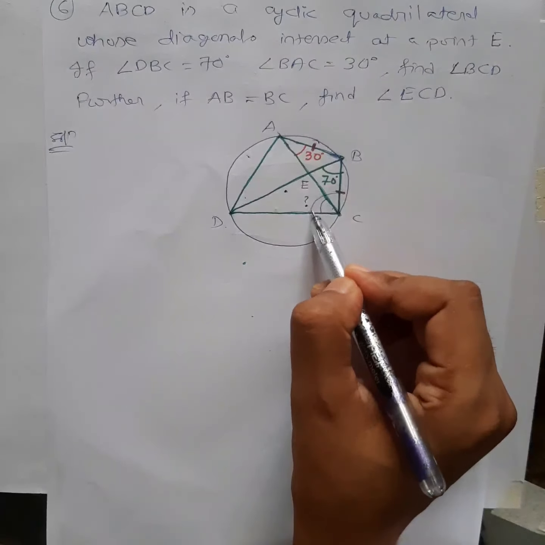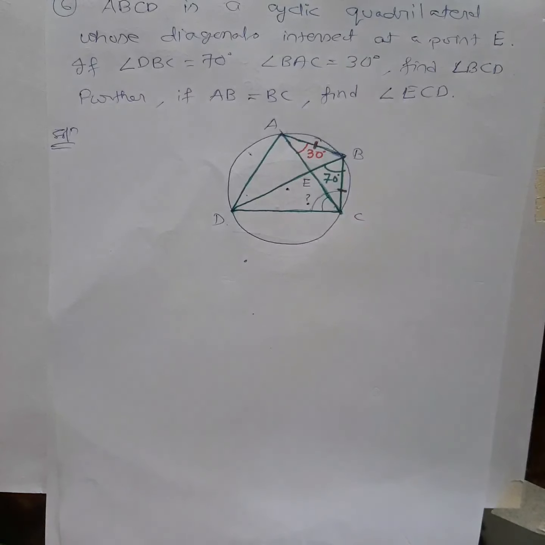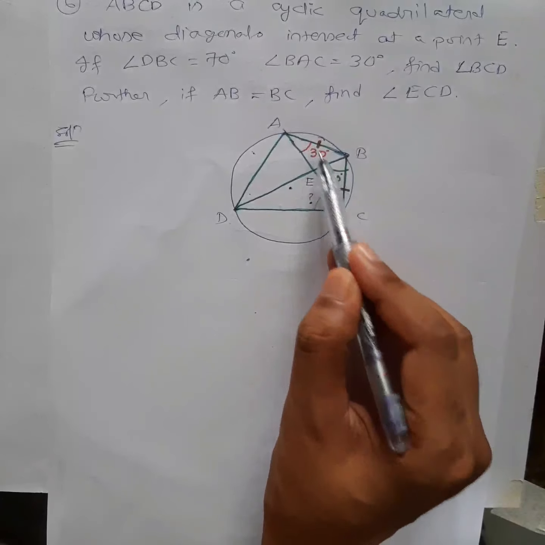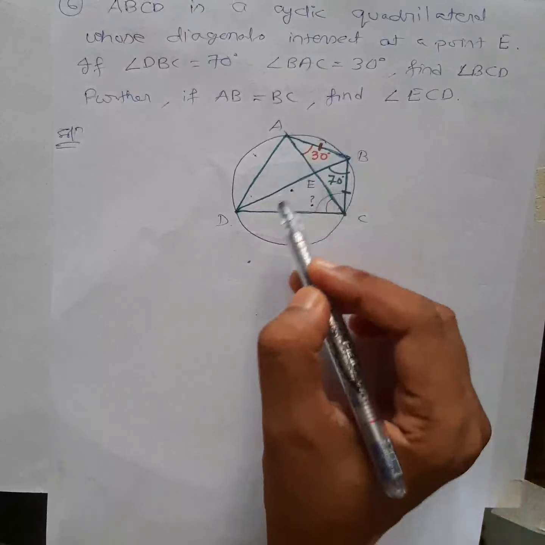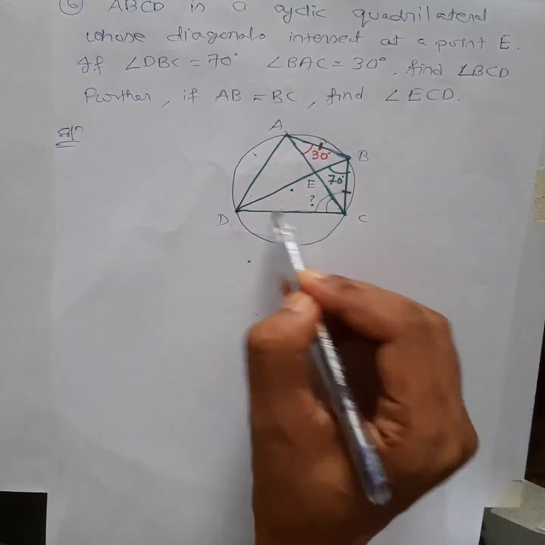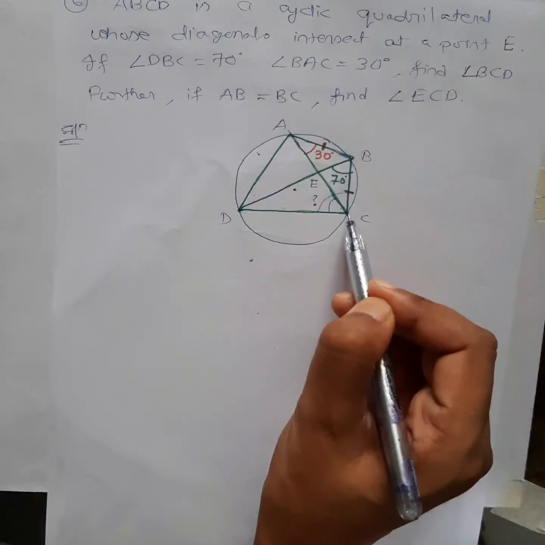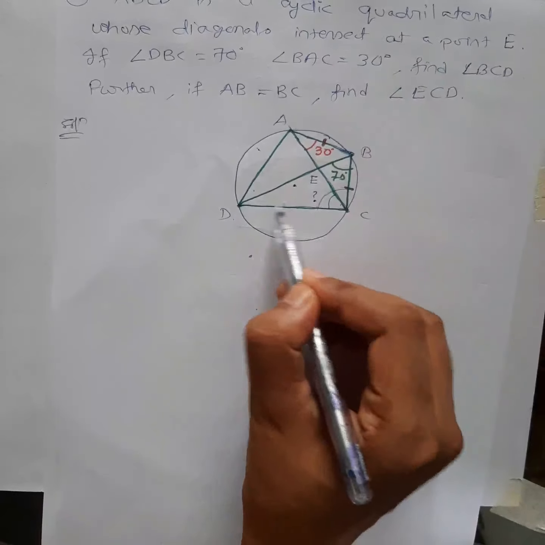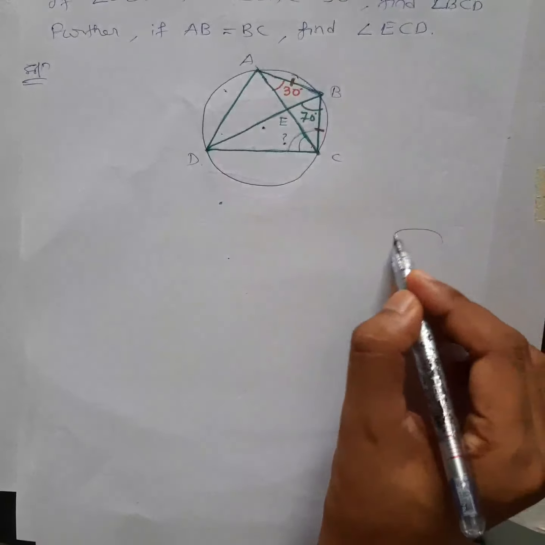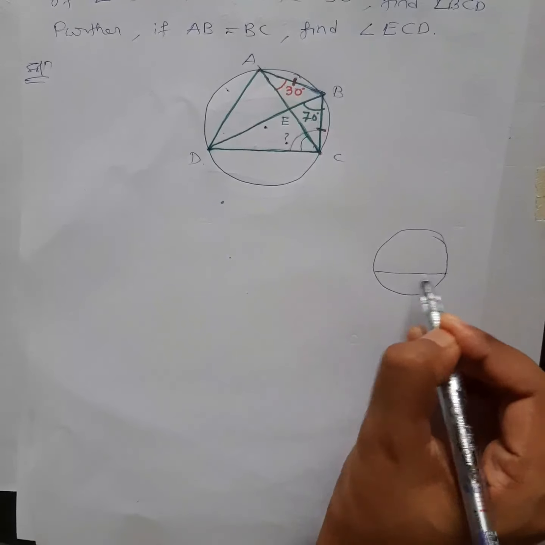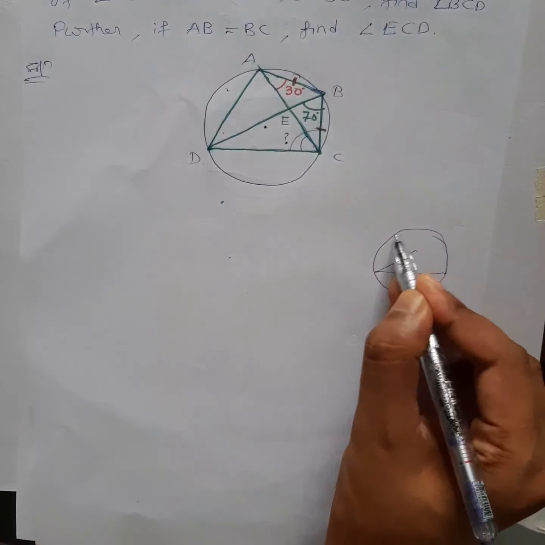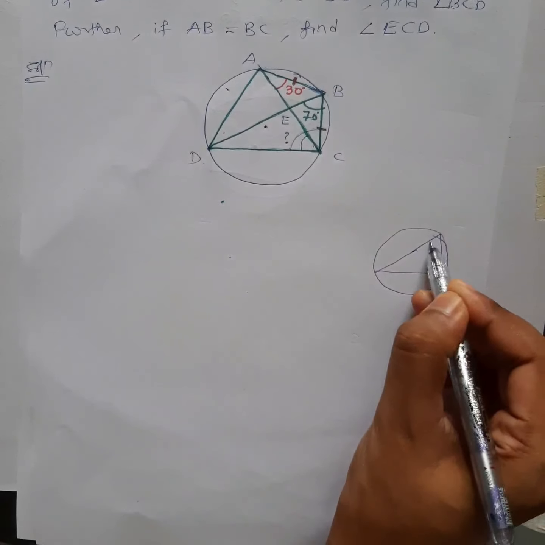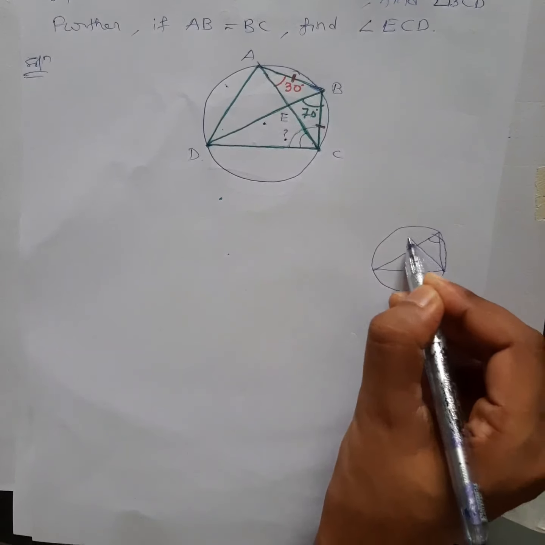So this is 30 degrees, you can easily figure out this one, right? But the problem is this one. To find out this one, what will you do? So see carefully here, this and this is given, okay? So I have to use this one, right? Now see carefully, this is a chord and this is an angle of 70 degrees, and this is also an angle which is made from the same chord, right? So if I draw this one separately, it is something like this. This is one segment, this is another segment, and on this segment we are drawing an angle from the same chord.